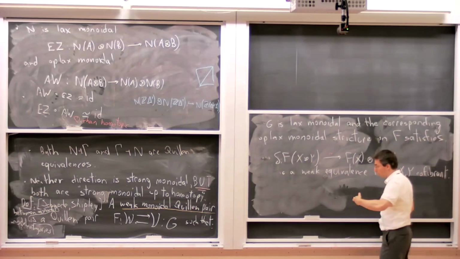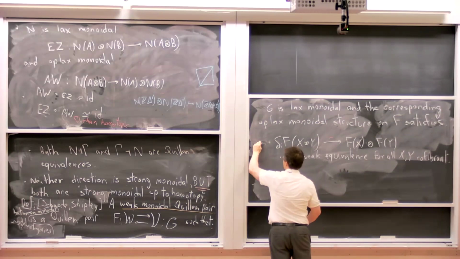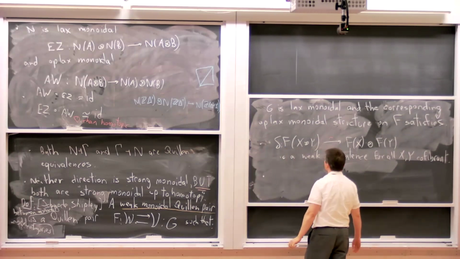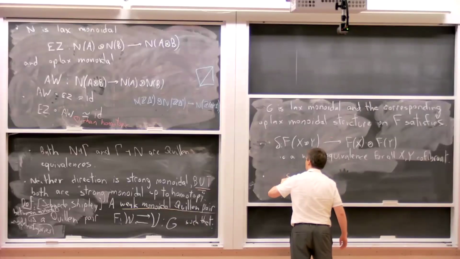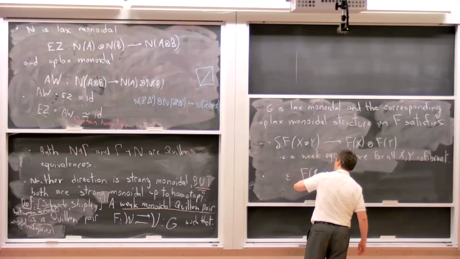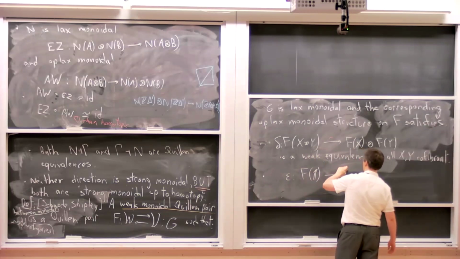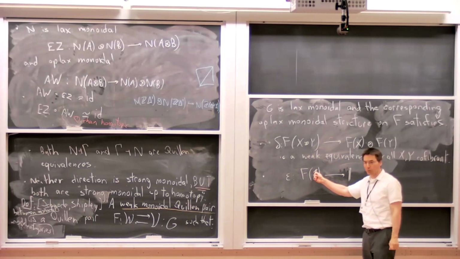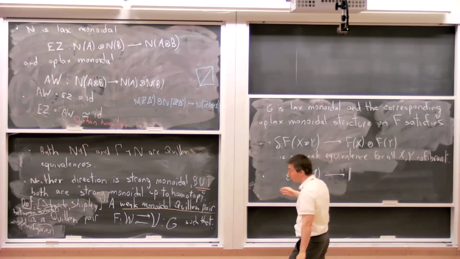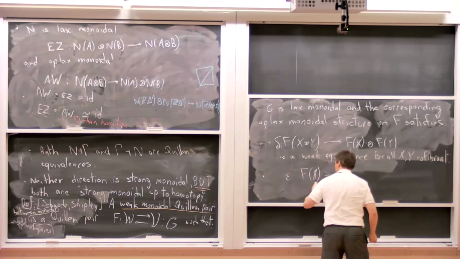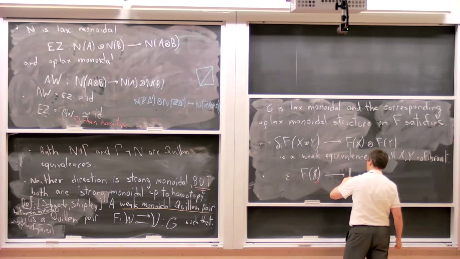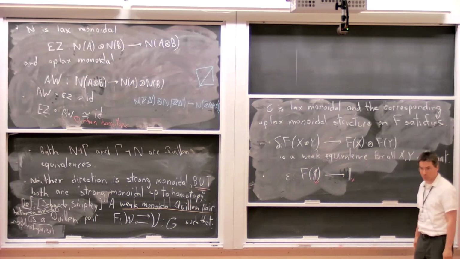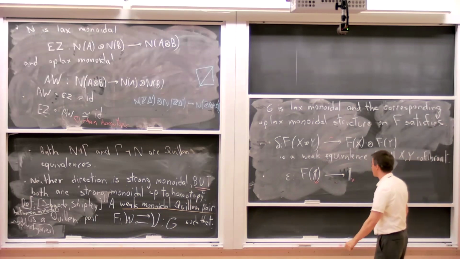And likewise with the co-unit map. Well, let's see, the co-unit map has this shape. It's F of the tensor unit going to the tensor unit in the other category. So bold 1 is my tensor unit. That's the tensor unit in W. That's the tensor unit in V. And I don't want to require that to be an isomorphism yet. I will in a few minutes, but for now,